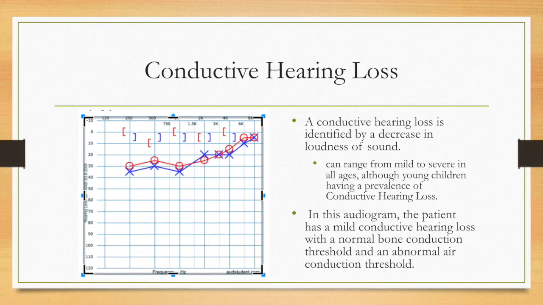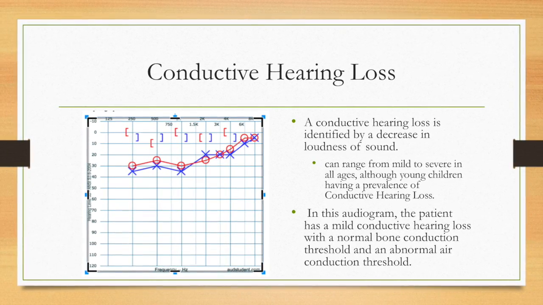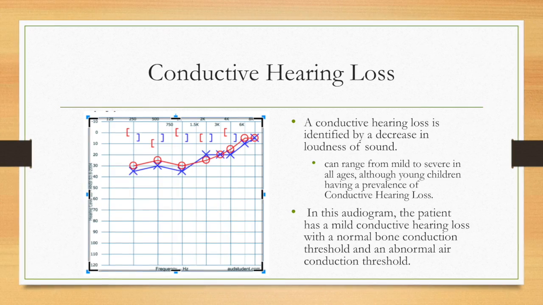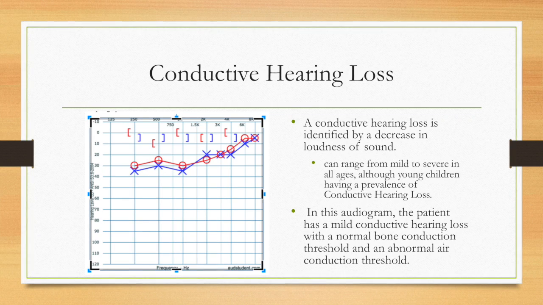In this audiogram, the patient has a mild conductive hearing loss with a normal bone conduction threshold and an abnormal air conduction threshold. With this in mind, we are able to find the air-bone gap at 0.25, 0.5, 1, 2, and 4